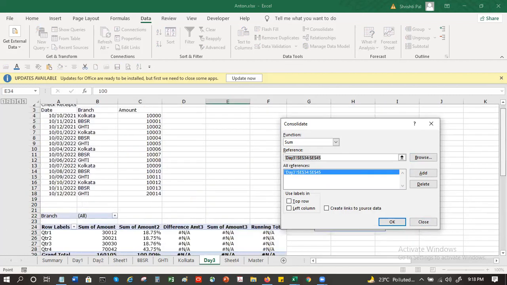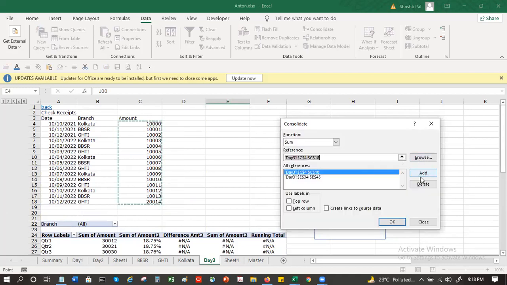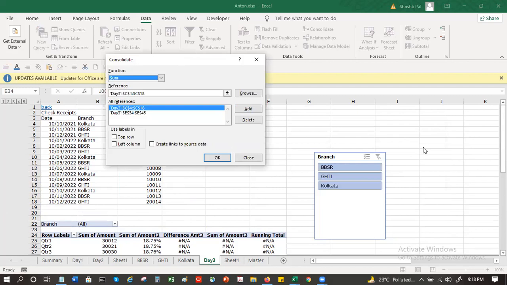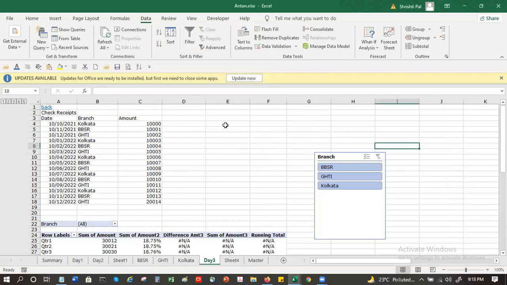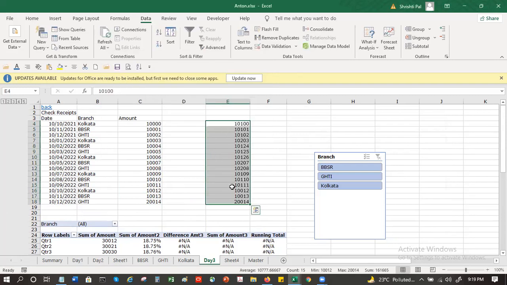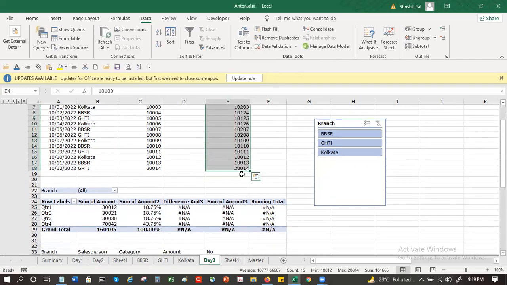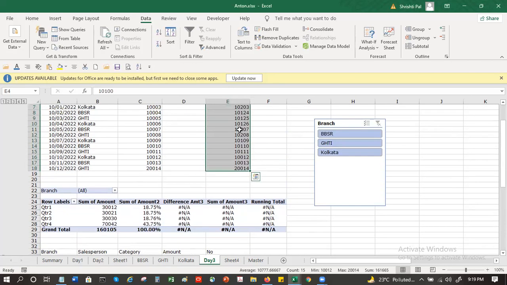Now I again go here, give the range here. So I have now got two ranges. And I want a sum, or I want a max, or I want a product, whatever I want. I'll just come here wherever I want, and I will click on that place. I have these two ranges. So the system will add these two numbers up, these two ranges for me. So 10,100, 10,200.